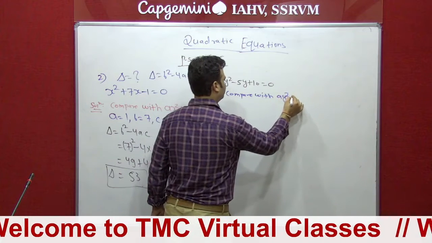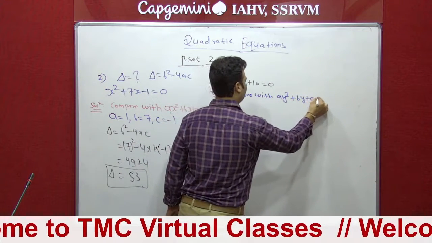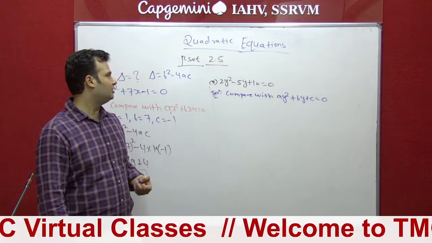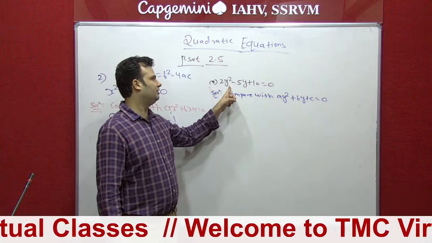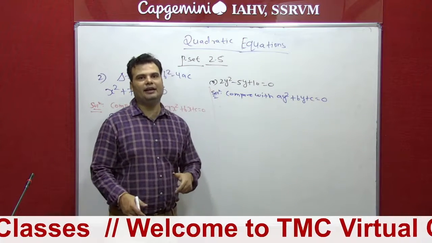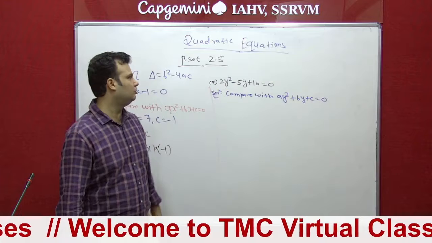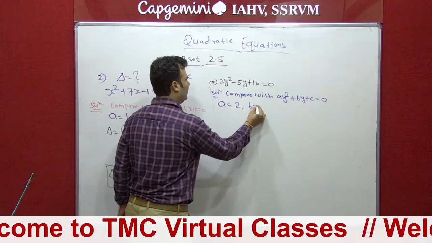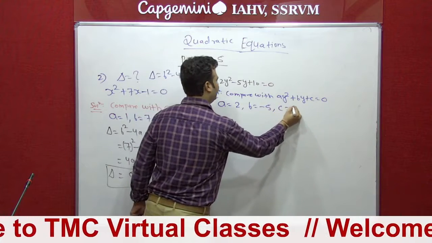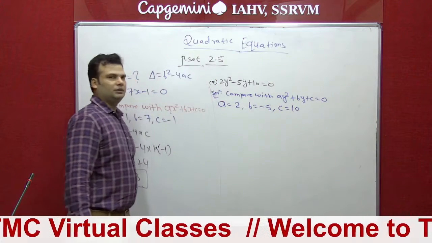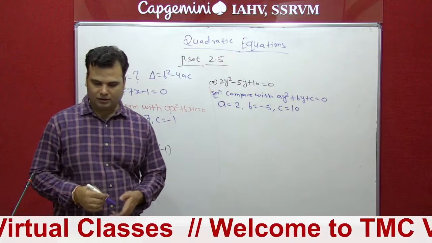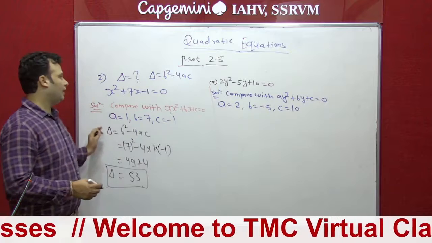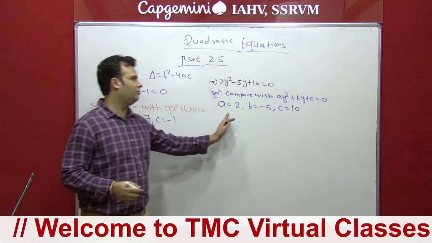it is given y form. So ay square plus by plus c equal to 0. Also you can write ax square plus bx plus c equal to 0. But student, it is given not x form, it is given in y. So we can write ay square plus by plus c equal to 0. So what is the value of a? A is here 2, b is minus 5, and c is 10. So we can solve this sum by very simple method. Again with the value of ABC.